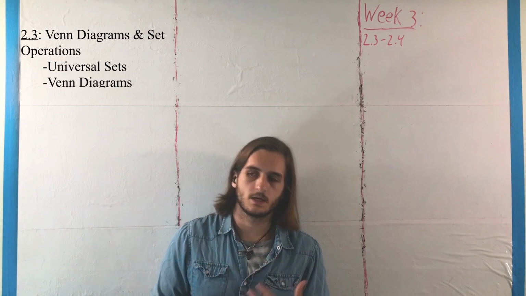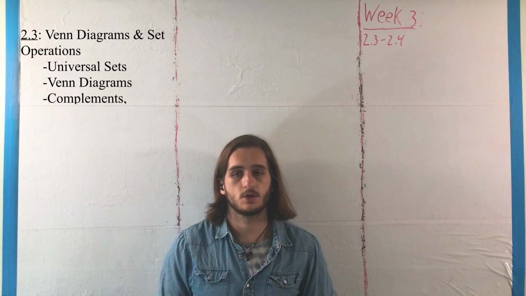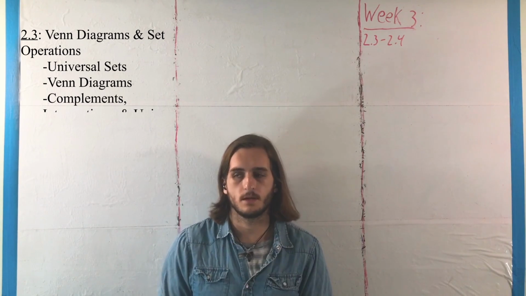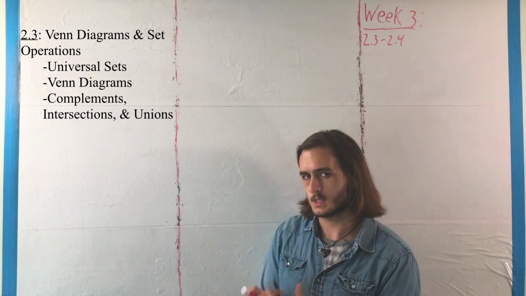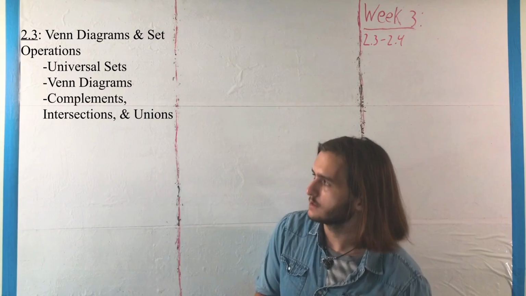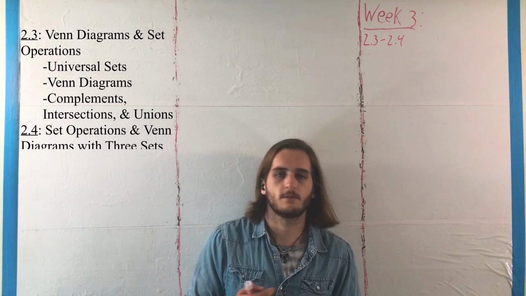And then we're going to talk about how we can stick sets together and bring them apart using things like intersections, unions, complements, and then seeing what happens in special cases with those sorts of things in terms of finite sets. And then in 2.4, we're going to take all of these ideas that we built up over chapter 2